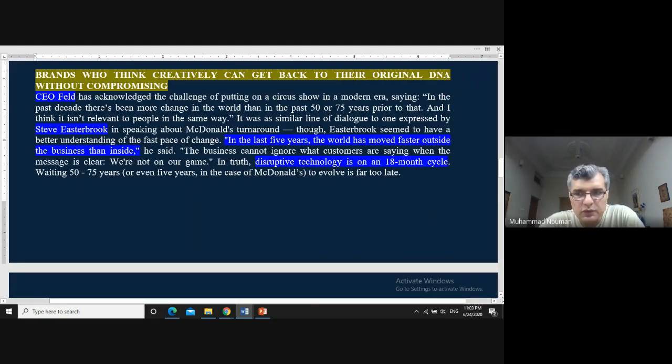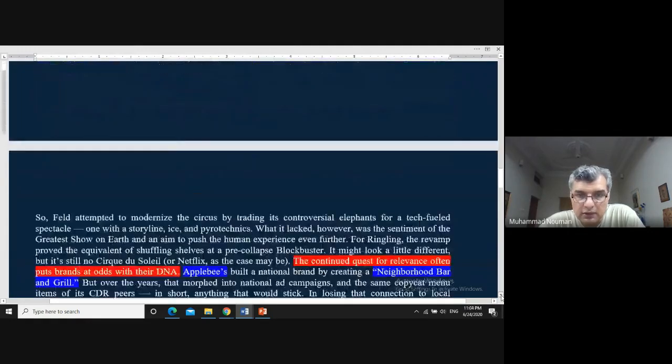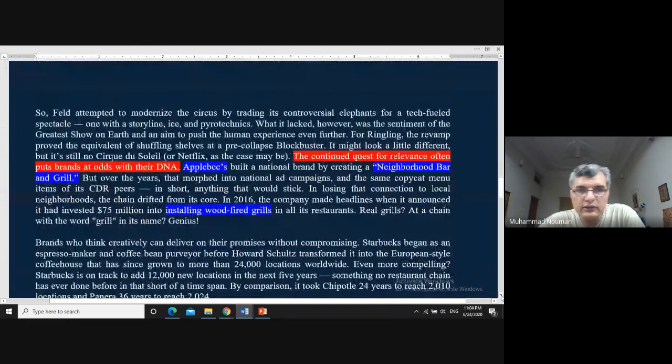And this is something very true for casual dining restaurants, especially those who have a global presence or who are present in many countries. They face this constant pressure of remaining up to date in terms of different trends, different parts of the world, different countries, different cultures. So that remains one of their fundamental concerns. And in order to explain this further,